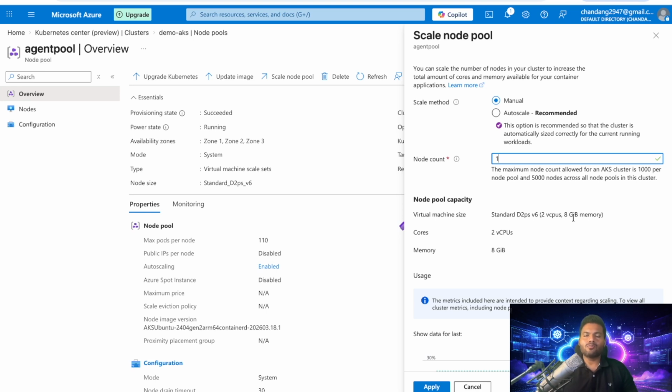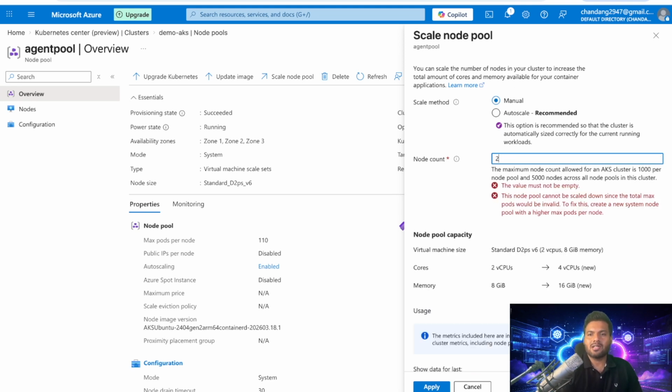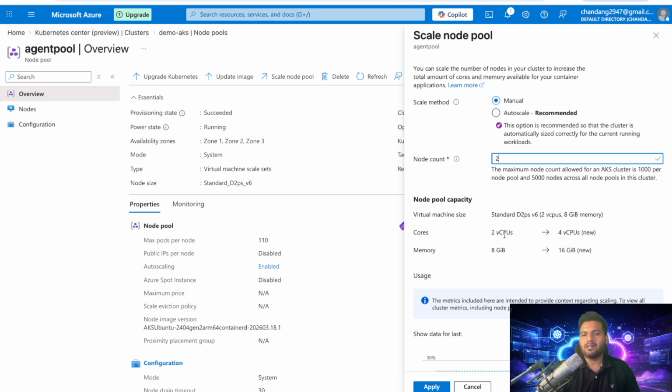So let's assume that tomorrow your application needs 4 vCPU and 16 GB memory. Then it won't be able to auto scale if the scale method is manual. So then you have to manually come here and select it as 2. Then you can see that this will change 2 vCPU to 4 vCPU because we have just increased that particular